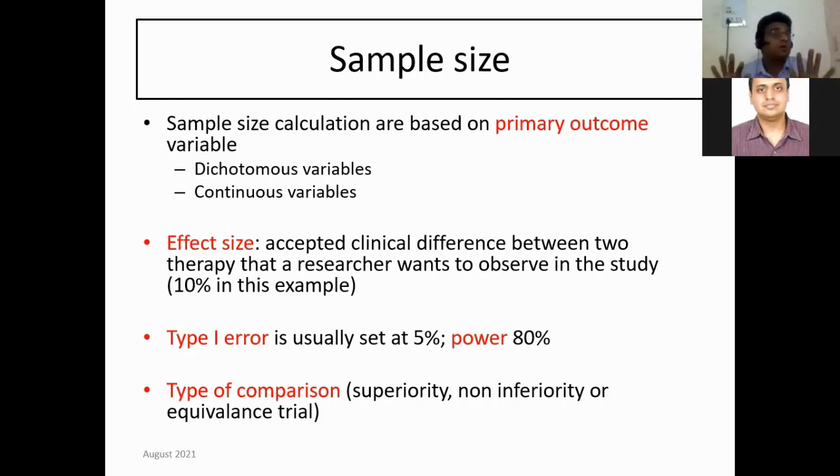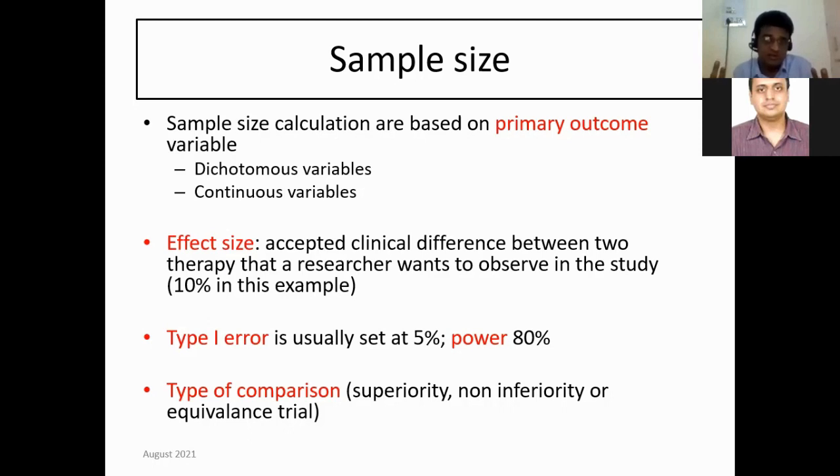I will have to say that, sorry, the difference between 9 and 7 is only 2%, which is definitely less than the 10% that I have committed. So it's very important to understand that the effect size is predetermined. That means as a researcher, you're already thinking about what the effect size should be to call it significant. Most of the time you will realize that effect size is kept as a 10% difference. But it will depend upon what kind of clinical difference you want to consider